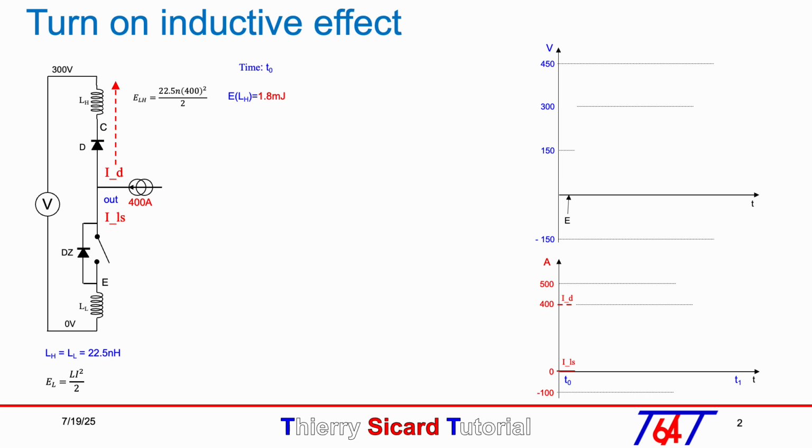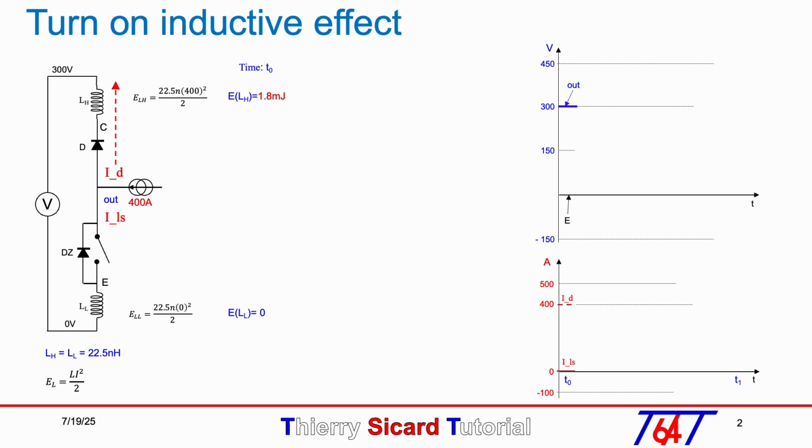However, since no current flows through inductor LL, the energy is zero. Since the voltage across diode D can be ignored, the output voltage is equal to the positive supply voltage of 300 volt. When the switch is switched on, we transfer 1.8 millijoule of energy from the upper inductor LH to